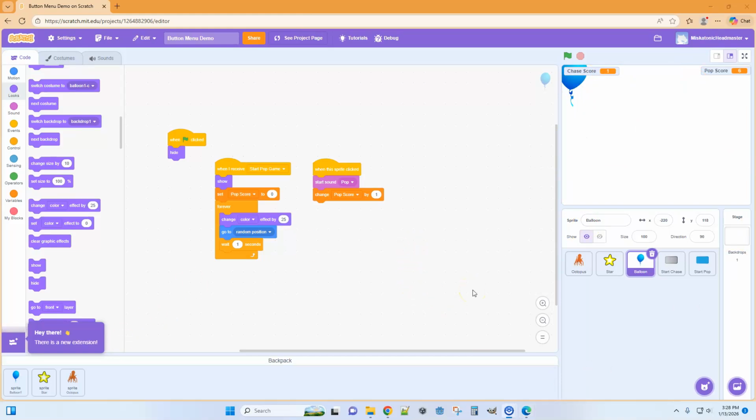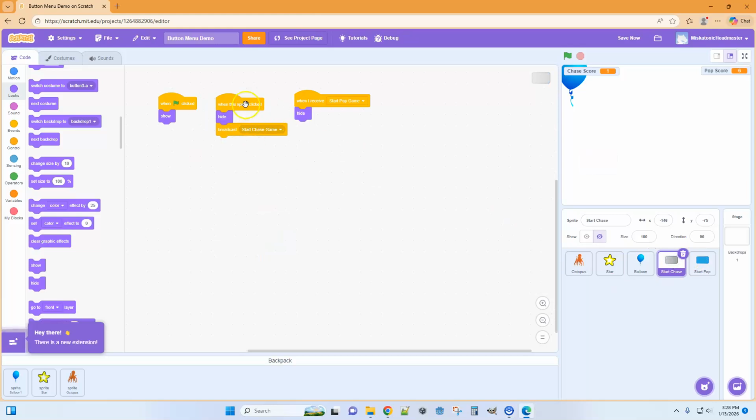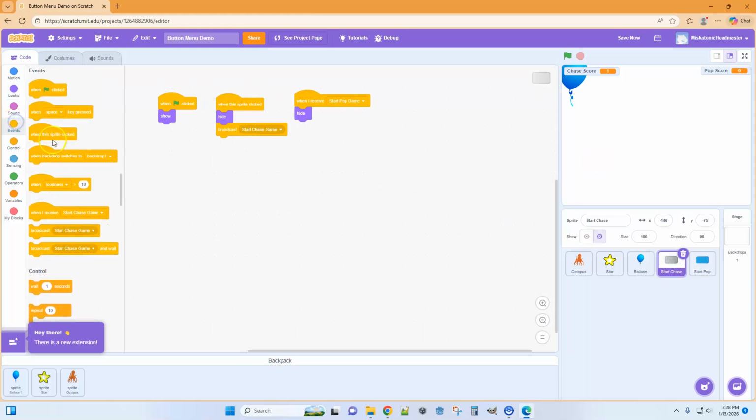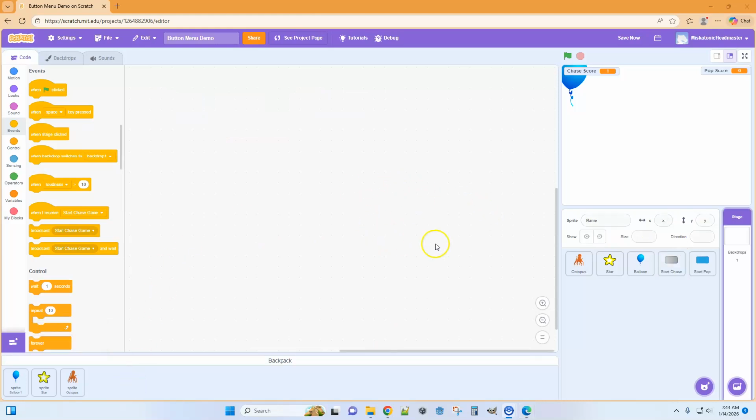It really is that simple. Just setting up so that when you click a sprite or you do something in our events, then we can broadcast a message, and then we can respond to that message with when I receive these things. So the only thing that I'd like to do to this is maybe show you how I send people back to the main menu. All right, so to do that, we're going to